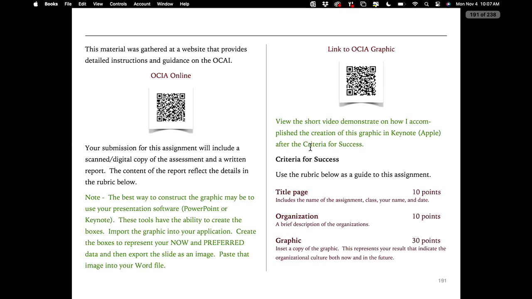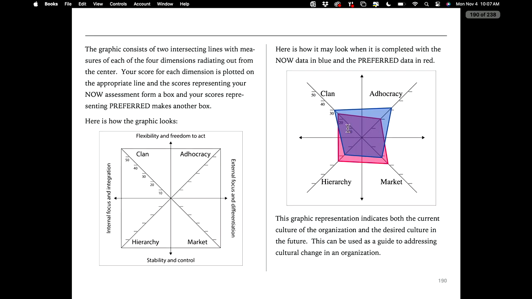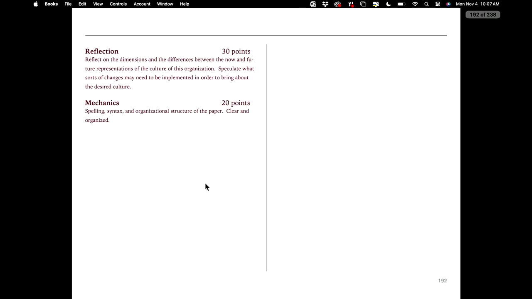And then you're going to paste that final graphic into a document. You're going to have a title page. You're going to briefly describe the organization. You're going to insert the graphic itself, and then you're going to write a reflection about the difference between, let's say your graphic looks like this, the difference between what things are and the way things should be in that organization,